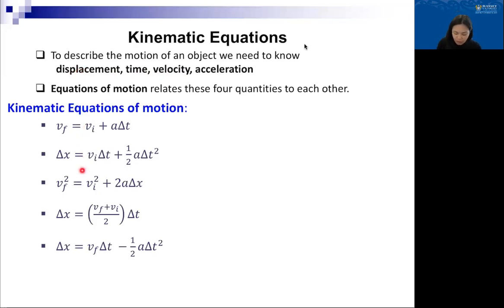So I've listed here the kinematic equations of motion. Again, you don't have to memorize these equations because everything will be open book, but it will be useful as we go along our lectures. It will be useful if you could make a formula sheet, and as we go along, you're writing down equations or formulae, so that when you need them later on in the test or exam, you already have a formula sheet of all the equations that we've been learning. So you don't have to memorize these,